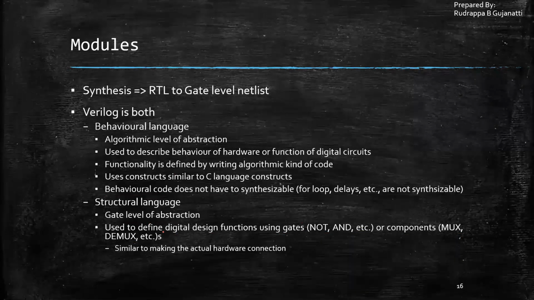Now, when we are doing it in this form, suppose I want to implement the functionality of an adder. I can build the adder using the AND gate, NAND gate, or XOR gate, whatever we had discussed. It is nothing but how, on a breadboard or on a PCB, we place the hardware and interconnect it. It is somewhat similar to that. So writing code in a structural language is somewhat similar to rigging up the circuit, because you specify which gate output has to be connected where.